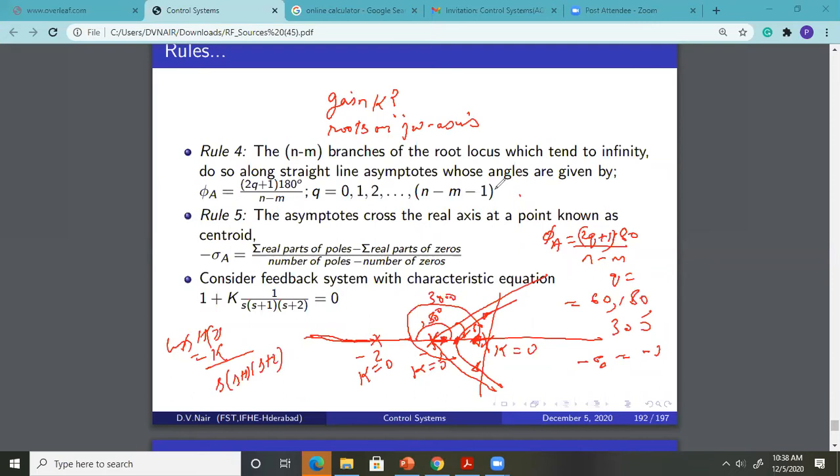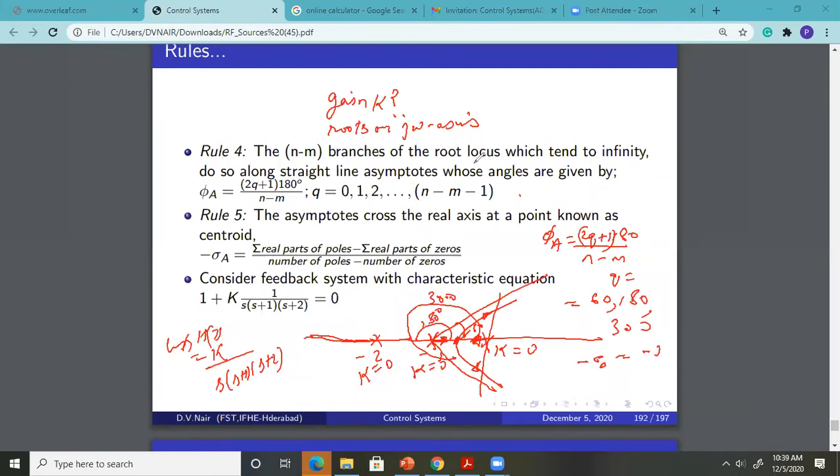For that, we now fall back on Routh criteria, for determining at what gain the root locus meets the imaginary axis and the corresponding positions of the roots on the imaginary axis. Now, in Routh criteria, there is difficulty number 2, when a row becomes an all zeros row. That particular difficulty will help us answer this question.